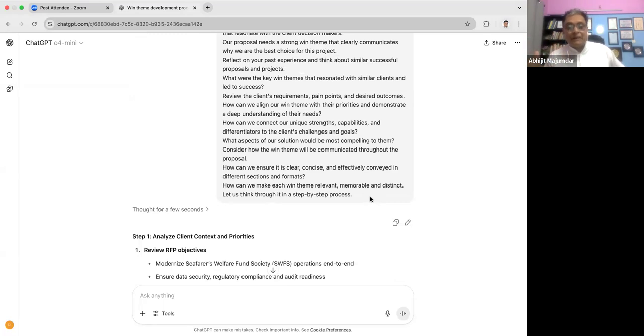Experiment with multiple perspectives. And now even say that, okay, I know this is going to a CIO, and the CIO is very particular about innovation, or particular about security, or particular about this. How would he look at this win theme? What impression would it make on him? Okay, what can be a follow-up question from him? Use the prompt, use the LLM to extend and to improve the quality.